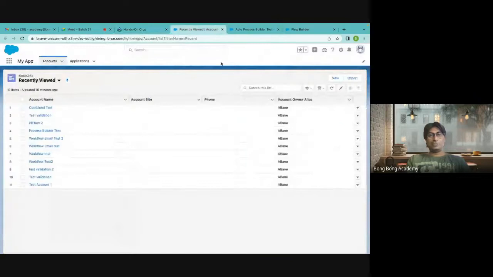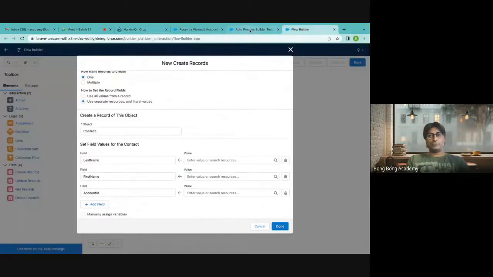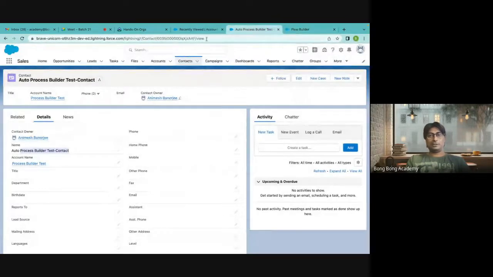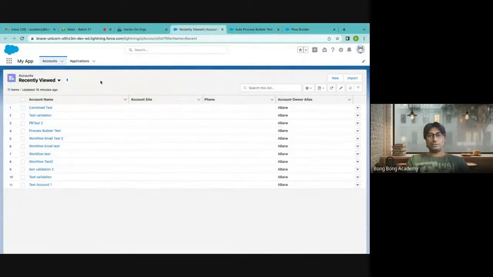You're not spending time with Salesforce. Spend more time. It is very important. Otherwise, these are basics which need to be discussed. So if I go and check any account,